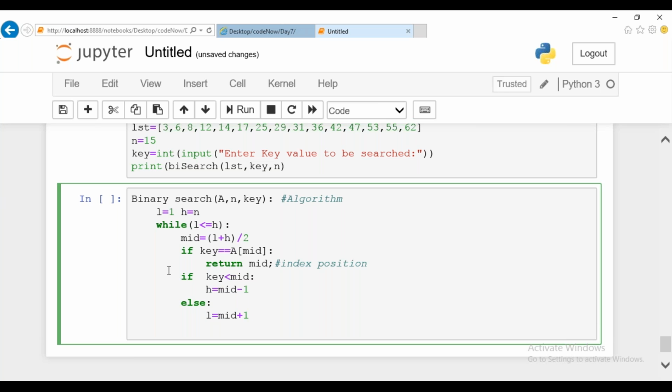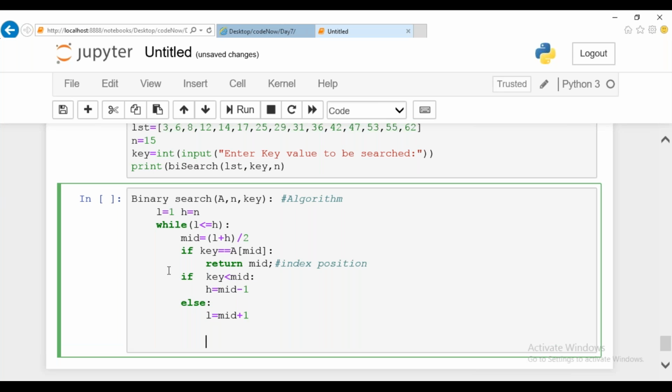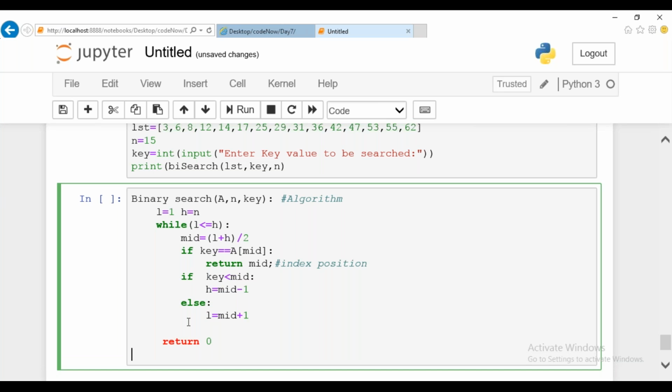Is it clear with the logic, guys? I didn't do anything big here, a very simple logic. If you perform this operation till the end and you don't find the particular value, in those cases return 0 back to the function call. I just wrote a skeleton of it, not the complete thing. Tomorrow when you come, try to write the complete program. Try to convert this into a program. I just wrote an algorithm for this binary search.